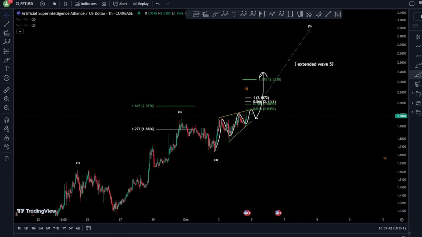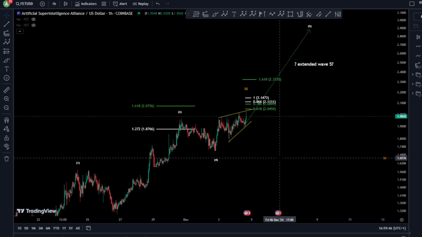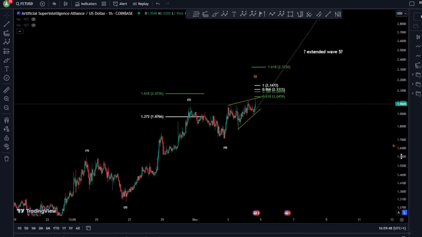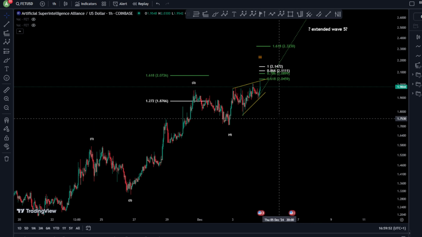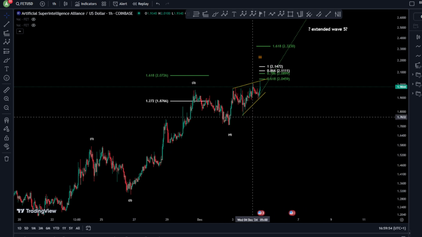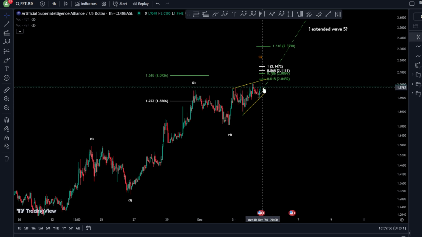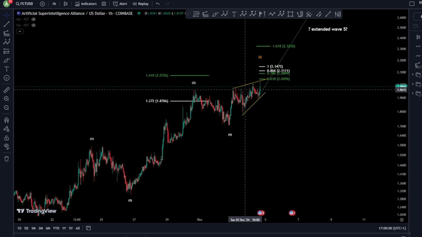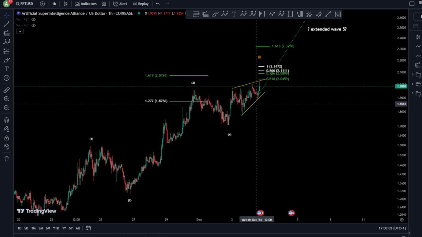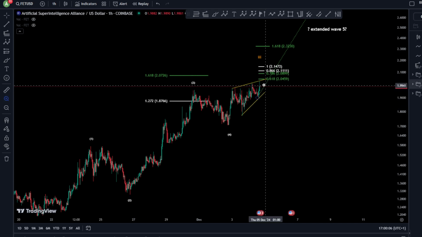Would that happen with FET again? Nobody knows. I know they are different coins, and history does not always repeat, even with different coins, but the scenario that happens here reminds me exactly of Link. It was the same position and the same ending diagonal that we have here.